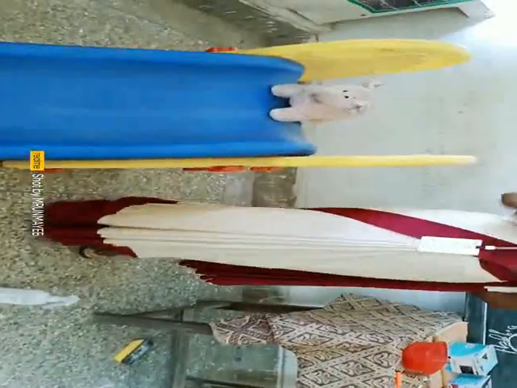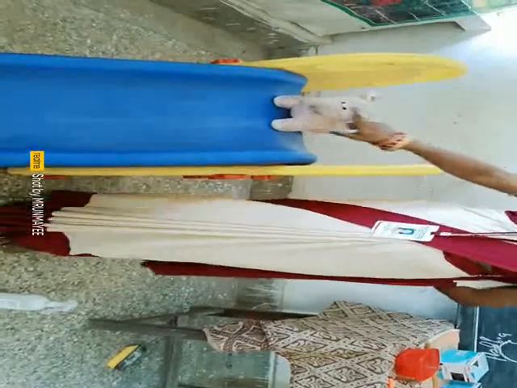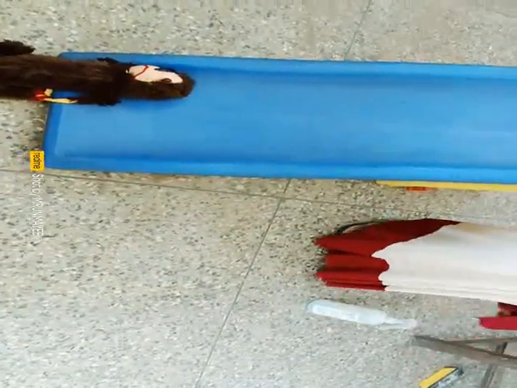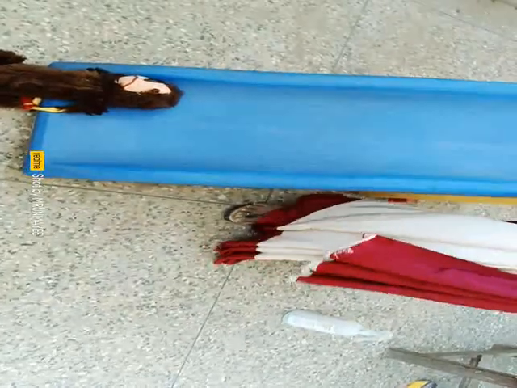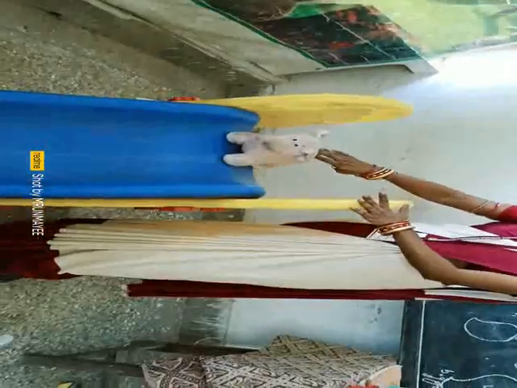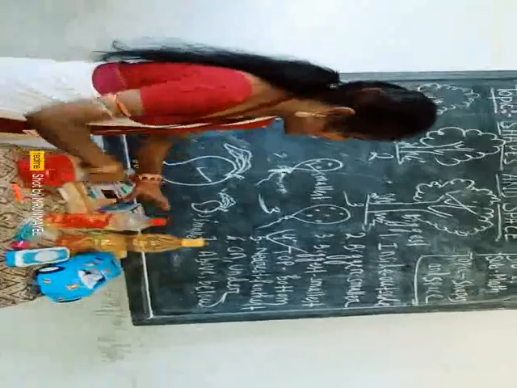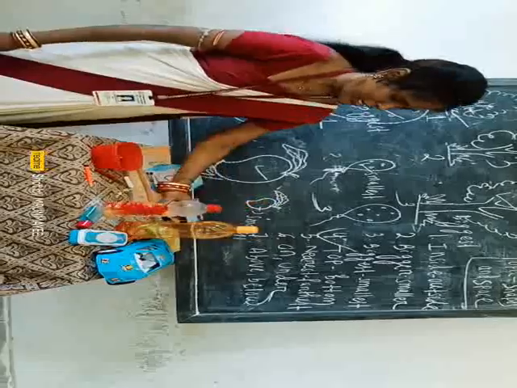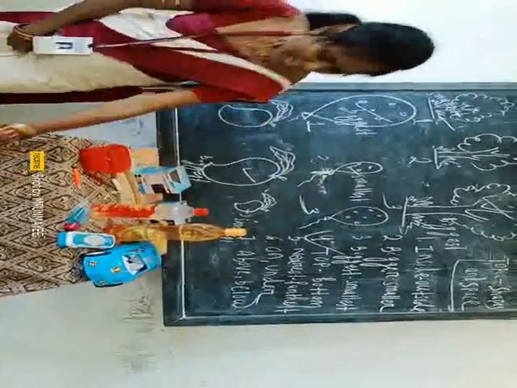Now you just look at this slide. You see, the elephant is sitting. Which position? Who can say? Yes, very good. This is your top position. Now the monkey is sleeping, where? The monkey is sleeping in the bottom position. Okay. So this is your top and this is your bottom. Right? Now I can also show you near the blackboard, here is one table. So this bottle is in the top position and this duster is in the below position of the table.